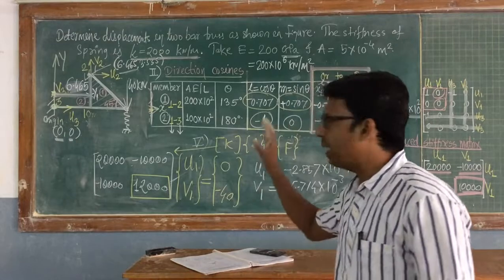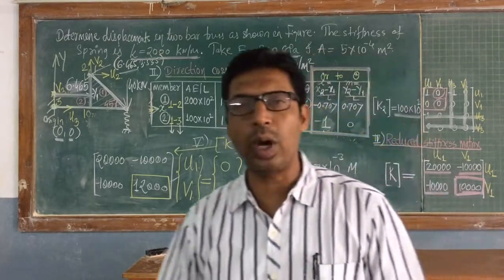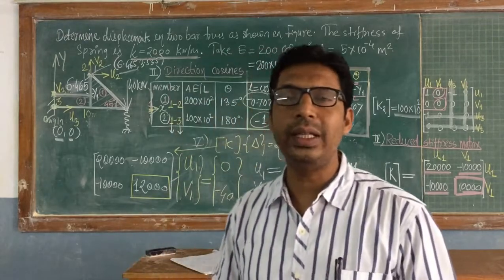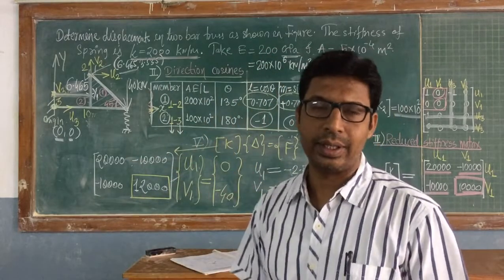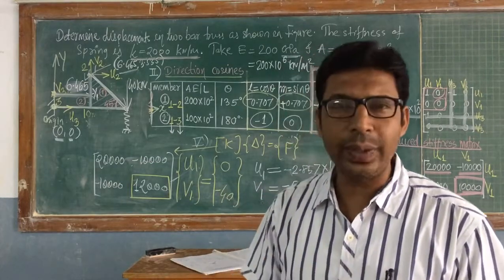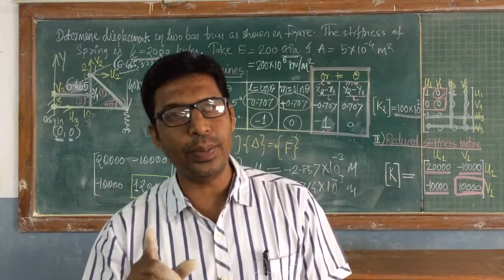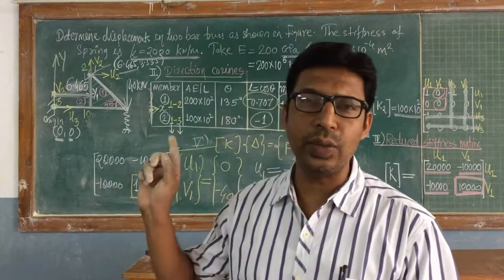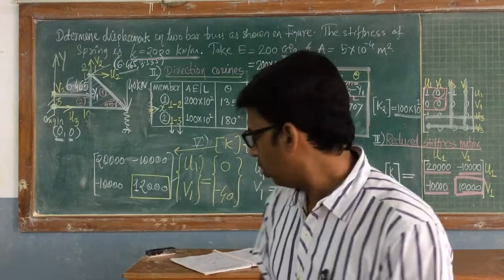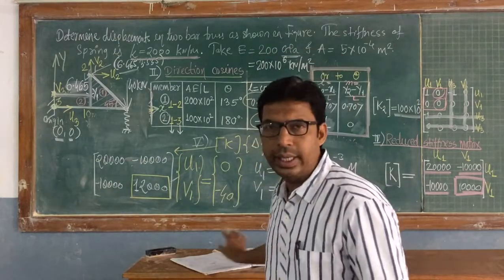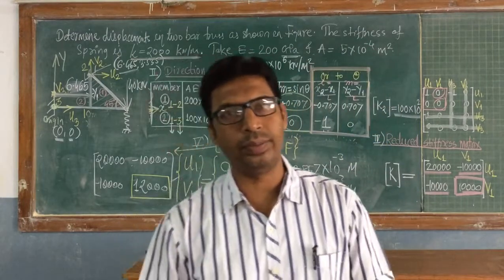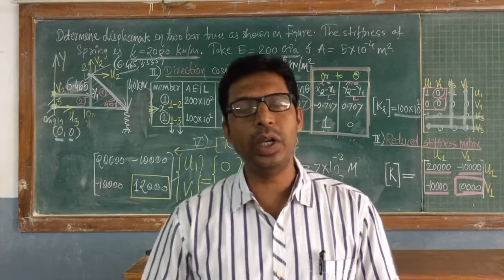Okay? So please understand now from this problem, if you want to account for the effect of the spring, how to consider the stiffness of the spring in the reduced stiffness matrix, and in which element we have to add it. If it is a vertical spring, it is added in the vertical displacement element. If it is a horizontal spring, it is added in the horizontal displacement element. Okay? So with this your analysis of truss using the stiffness matrix is over. Okay? This is all about unit number 3.